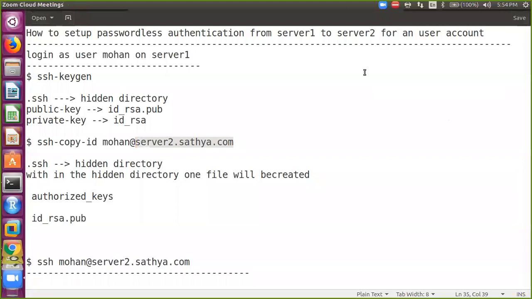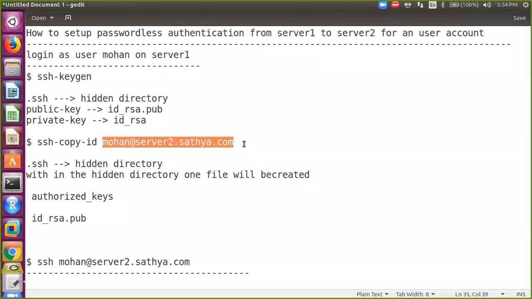For that, on both the servers, you need to enable password authentication as yes in the sshd_config file. You might have forgotten to do that. Just go ahead, first enable password authentication, then try this command.